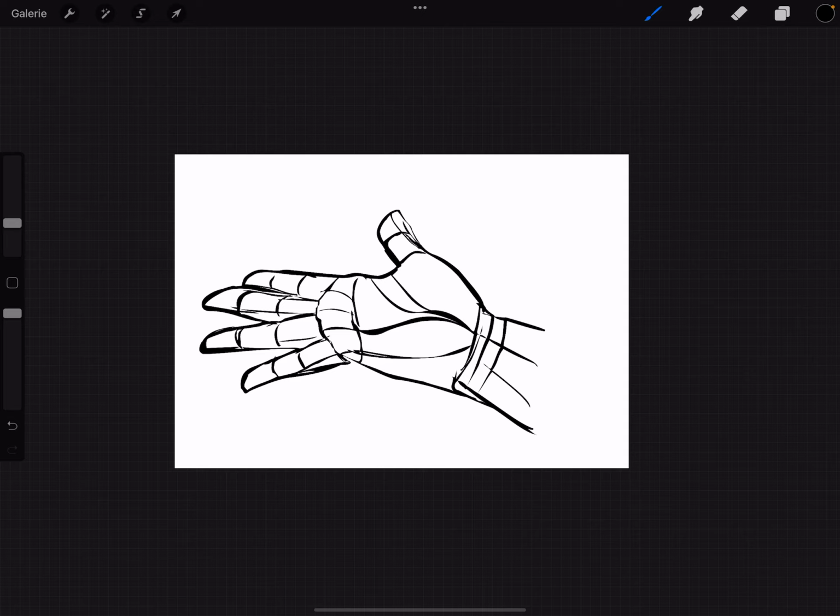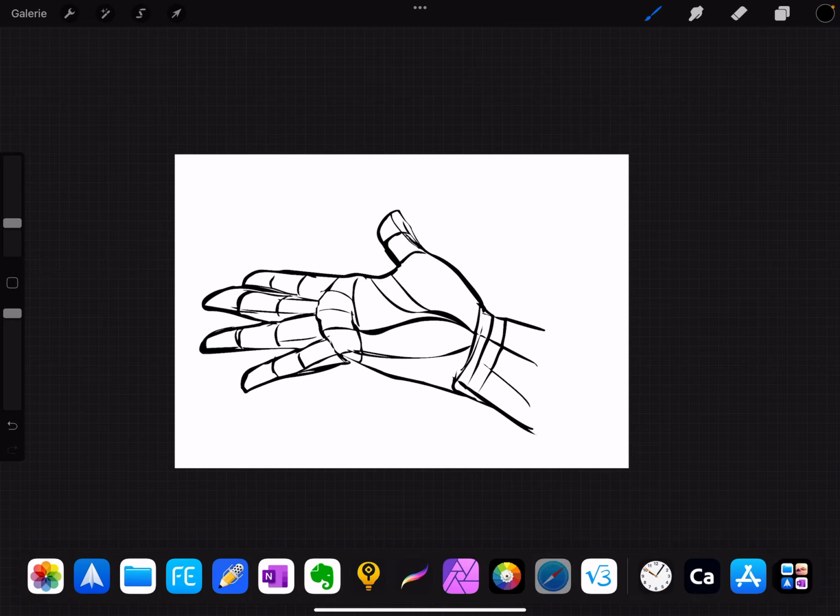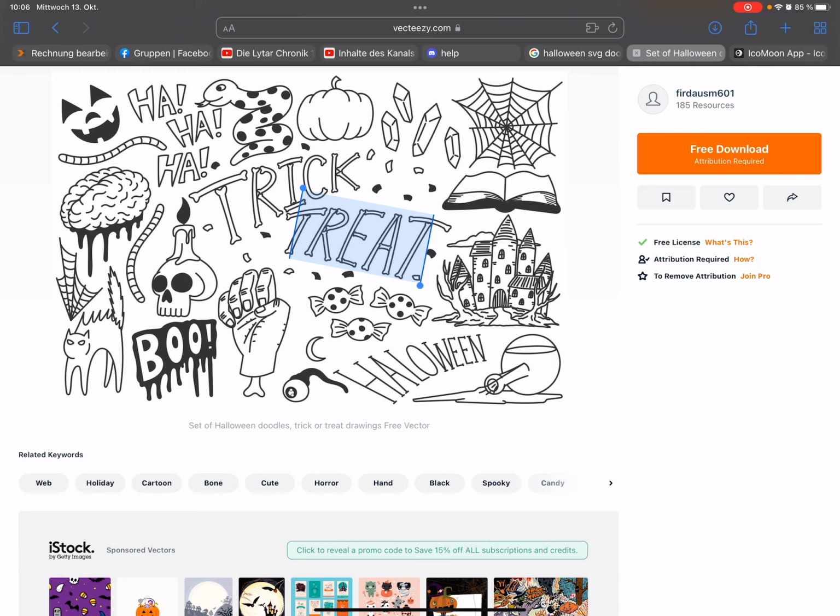Okay, this is what it does, and I show you how it works. You need pictures. You can find here such PNG files or SVG files, or you can create your own.